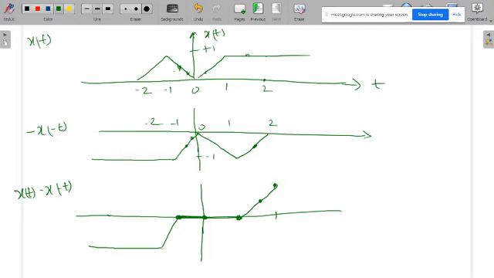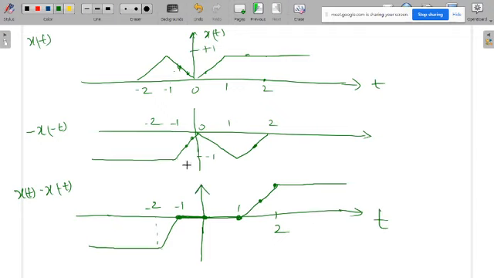So now again after that the second signal is not having any value, so again the signal amplitude will be maintained. Okay, so this is your x of t minus x of minus t. Okay, and I can denote this as minus 2, minus 1, and then 1, and then this is 2. Okay, this is the time axis.